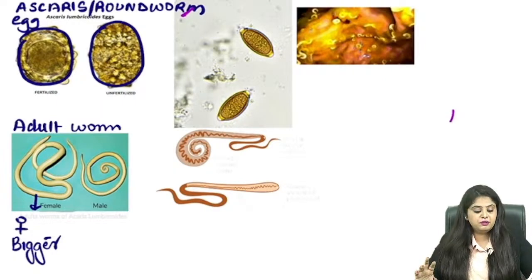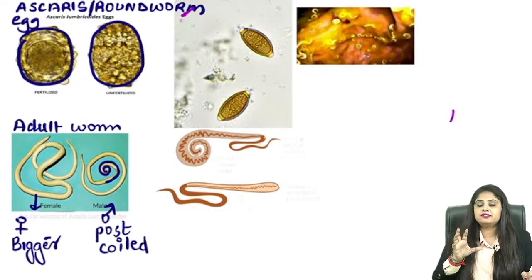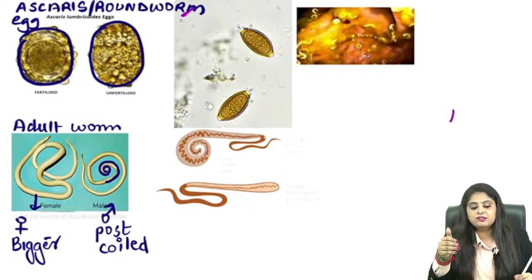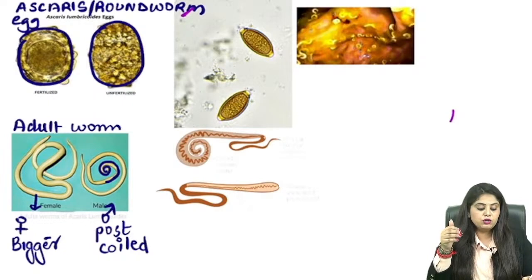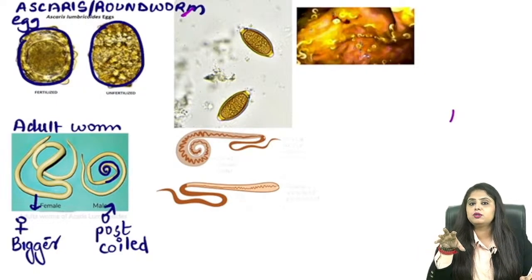The second difference will be that the male is going to have something on the posterior side which is going to be different. Usually the male posterior side is going to be very coiled. So I might sound very bad as I say it. I don't know how to put it in the right language. It might come across as double meaning, bad language, but what you have to focus on and keep your eyes on in the exam is the back side of the male. Okay, the back side of the male is what you have to focus on.